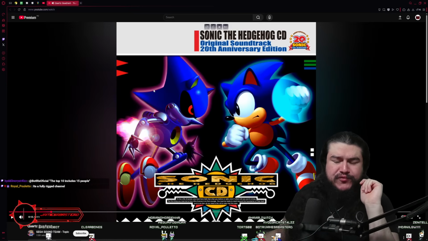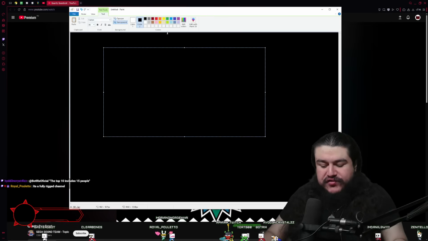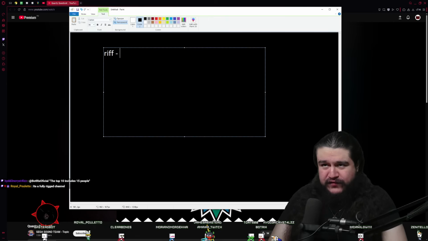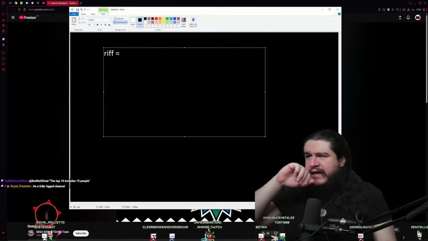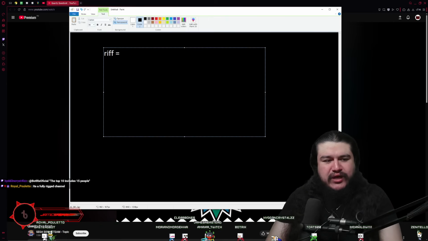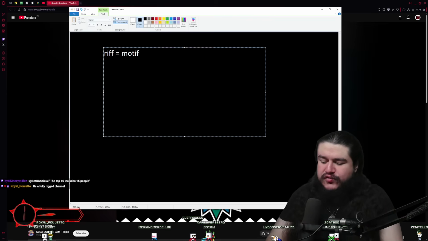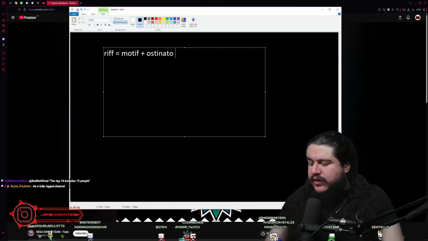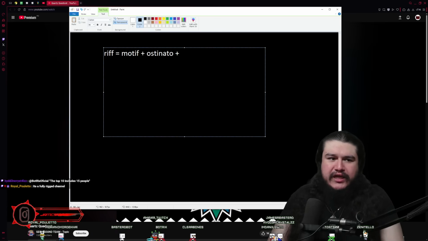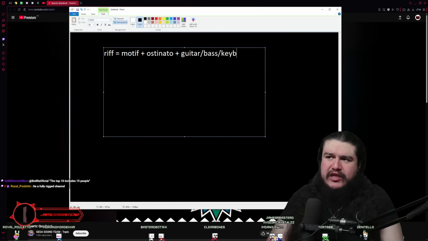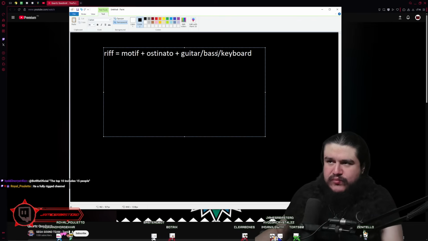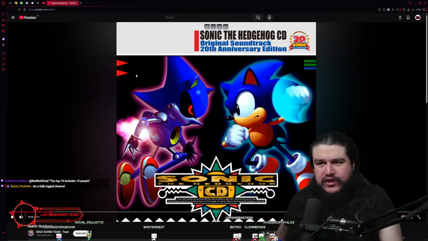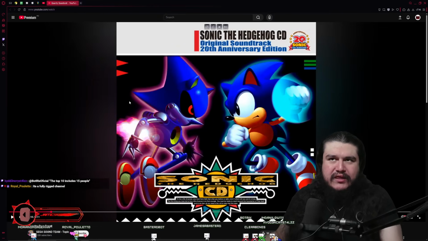Oh yeah, the bass is absolutely doing a riff over here. The bass line is engaging in, it's funk. So yeah, I'm gonna call it a riff. A riff, in easier terms, is when you have a motif, and you take that motif and you put it through an ostinato. Ostinato is when you repeat something over and over and over again, pretty much the same way, and then you play it on a guitar, or a bass, or a keyboard, or any other contemporary instruments. In this case, it's being played on a bass, and you can hear it. It's doing its own thing. Very, very nice. Let's see where this goes.